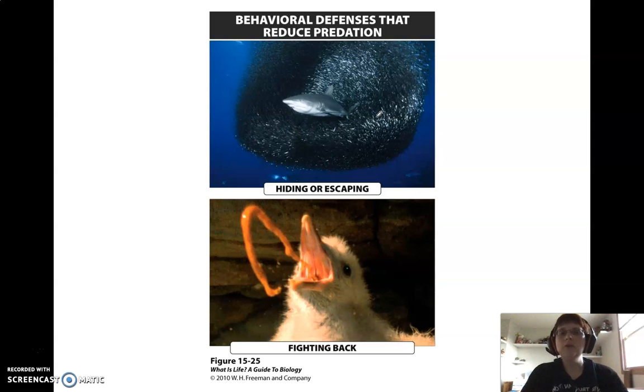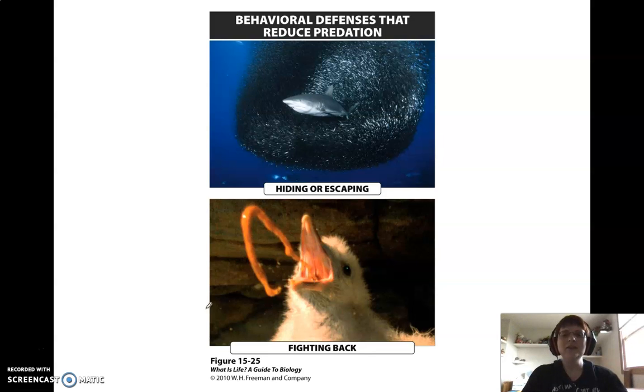You may have seen birds do this as well. This is why a large flock of birds all take off at the same time rather than taking off one at a time, because you're more likely to be okay and escape from a predator if you're in a big group than if you took off by yourself. If you were by yourself, you're more likely to be hit by that predatory hawk, or in this case, a predatory shark, than if you're in a big group. You may still be eaten, but there are a whole bunch of you to choose from rather than just the one of you to zoom in on and pick out.